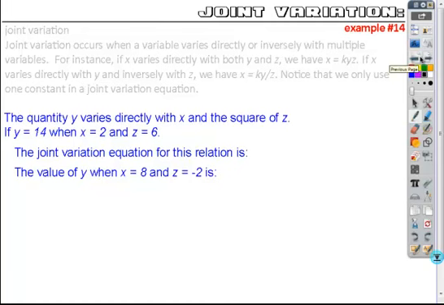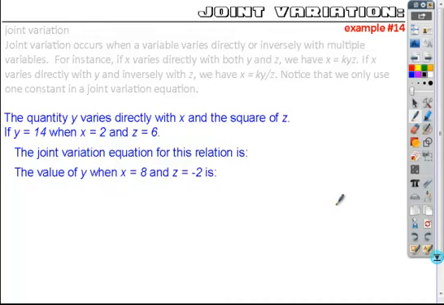And I've seen it presented several different ways. The material in this text presents joint variation as being just a combination of direct and inverse. But I've also seen joint variation specified exactly. Instead of saying it varies directly with this and directly with this, it would say varies jointly